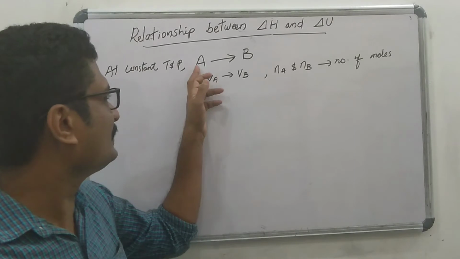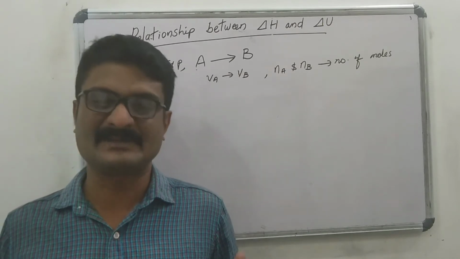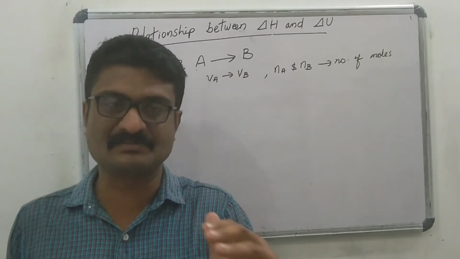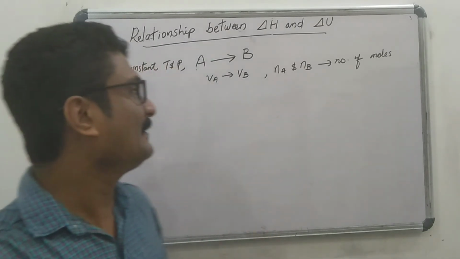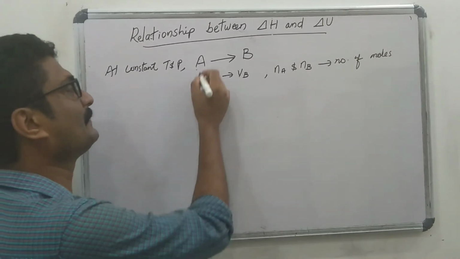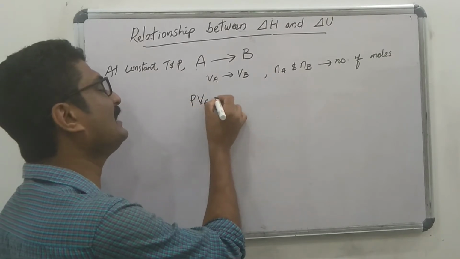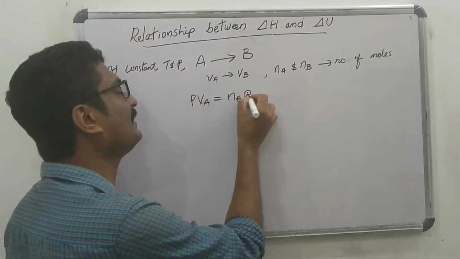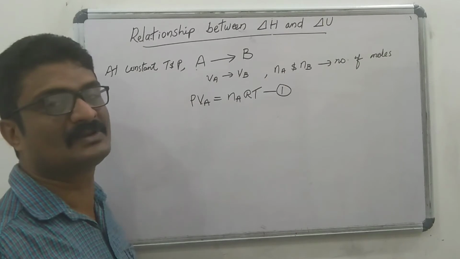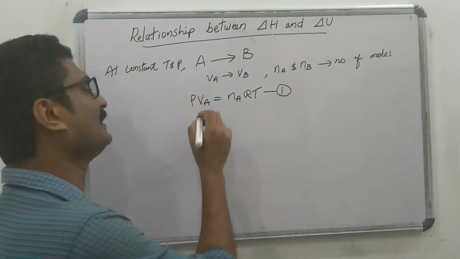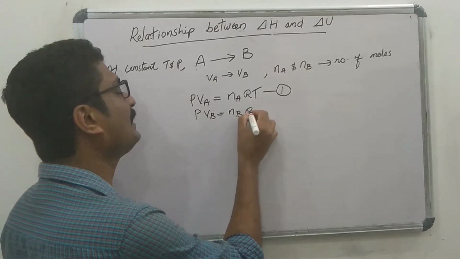gaseous reactant A and the gaseous product B respectively. Suppose these two gases A and B behave ideally, that means these gases obey the ideal gas equation. Then according to the ideal gas equation, in the case of gas A we can write PVA equal to NART, equation 1, and in the case of gas B, PVB equal to NBRT,